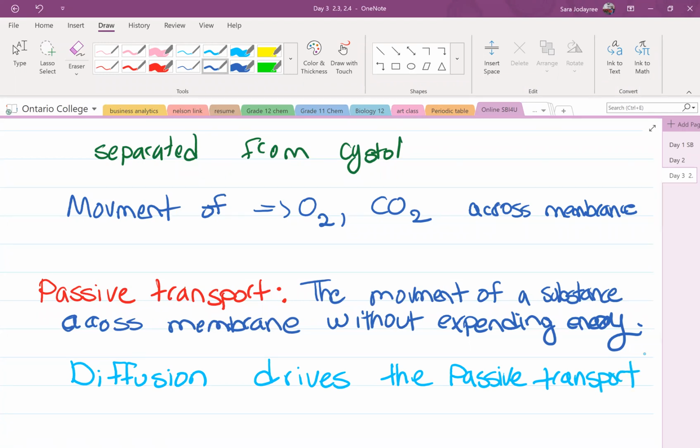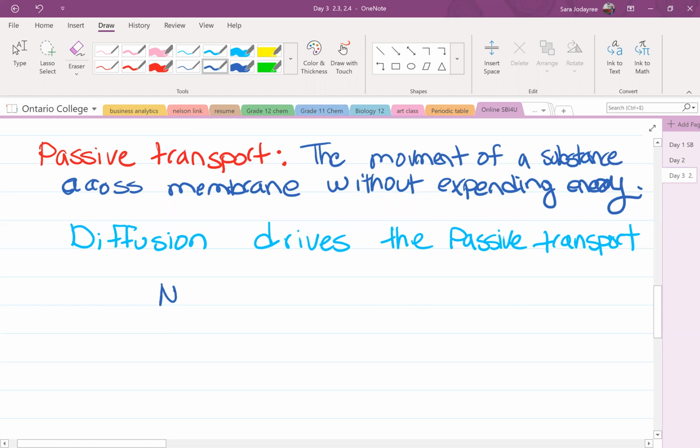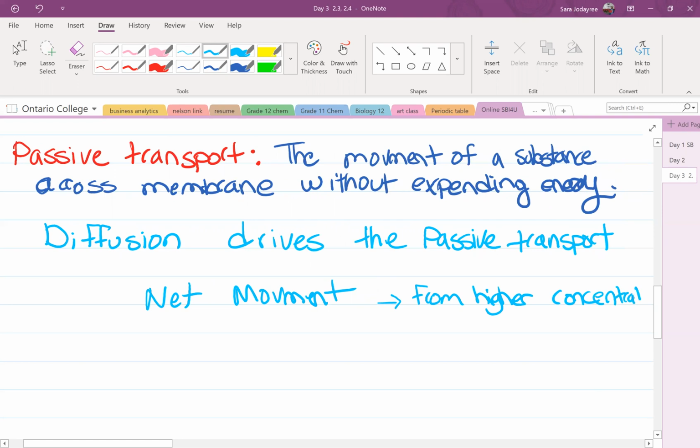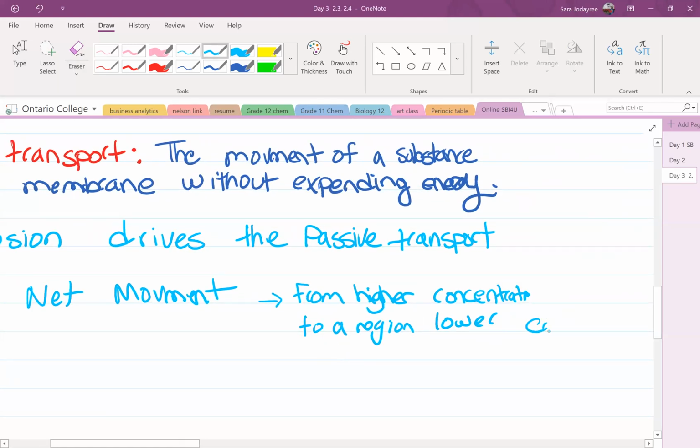Now diffusion is the net movement of the substance from a region of higher concentration to a region with lower concentration. Okay, so